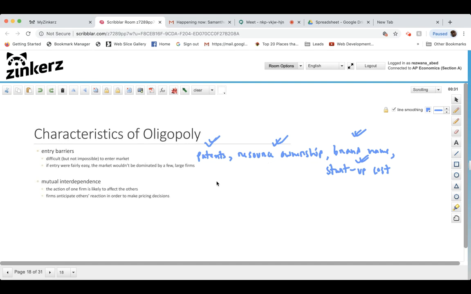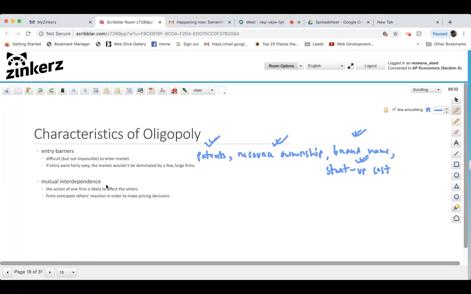Okay. So there is long run economic profit. We don't really get into that with oligopoly either. That is something that would be for discussion in, I guess, higher economic classes. But with oligopoly, we don't really get into that either. Okay. All right. So the other final characteristic of oligopoly that we're going to discuss is this thing about